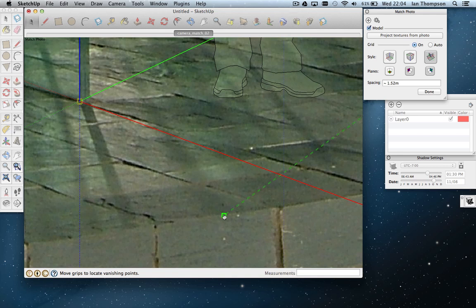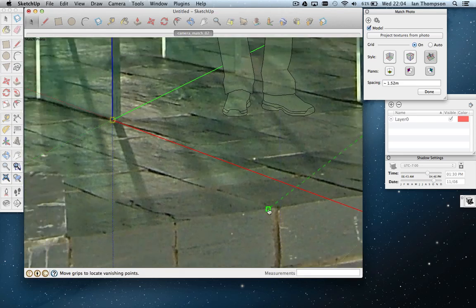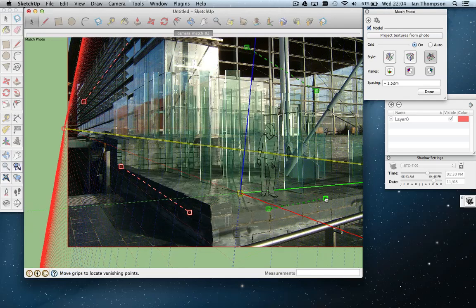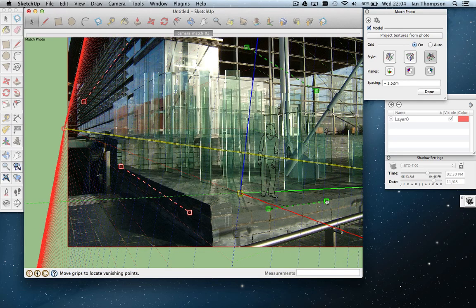So I'll just place that. Now it's good practice with this to place it, if you can, on a corner point, mainly because you've got three corners here which you can use to pinpoint where this box is going to go. So again, we'll zoom out, and then we'll force the perspective now to start matching this background